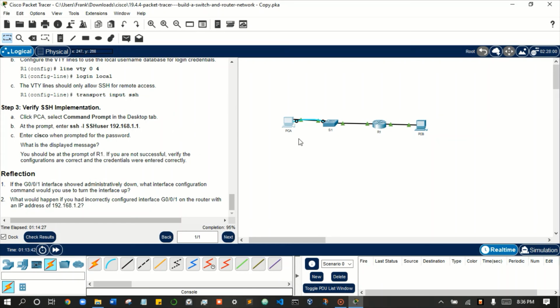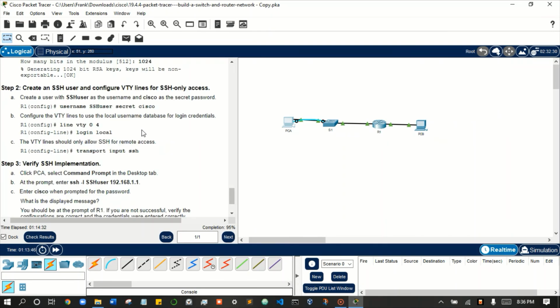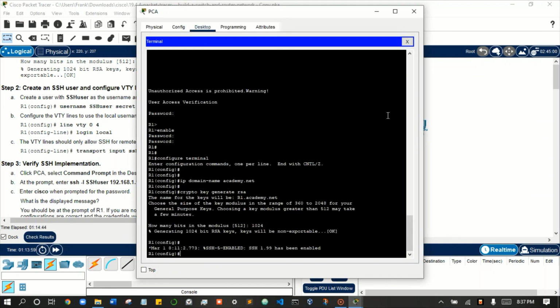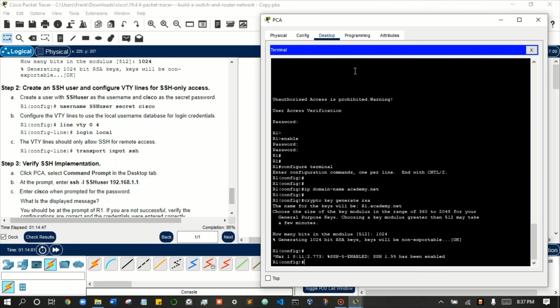I select my command prompt and let's see. So I move to my router terminal. Okay, I'm in my config mode,